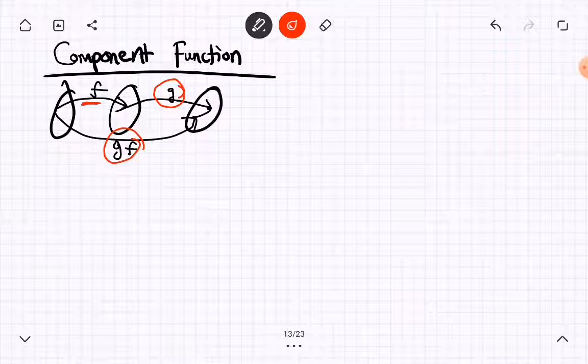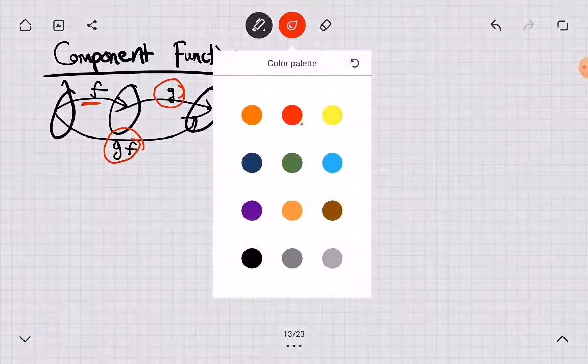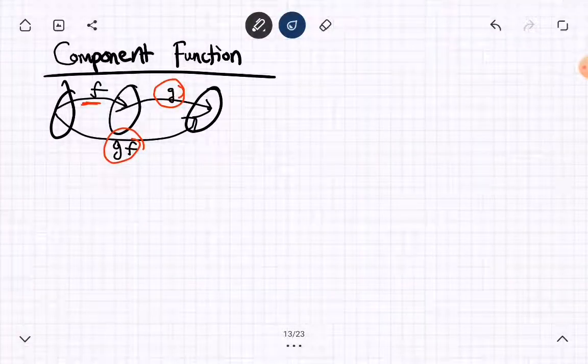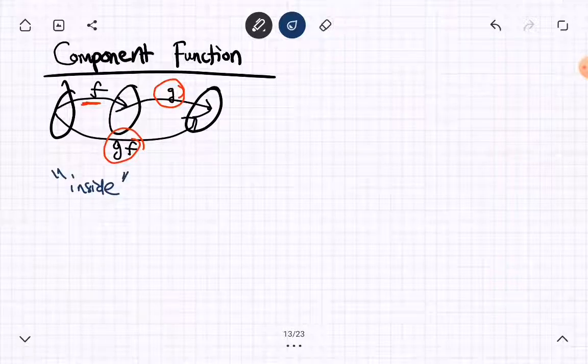And this is what we call the inside case, meaning we are finding the inside function because we are finding the function that is inside. Okay, in this case the function f is inside. Function g is the outside, f is the inside. Okay,